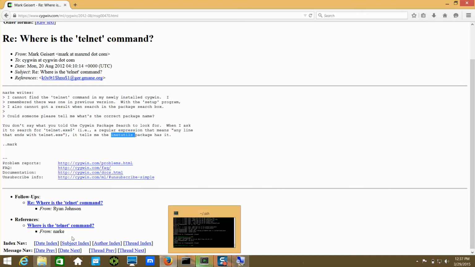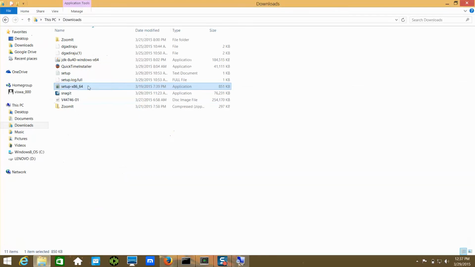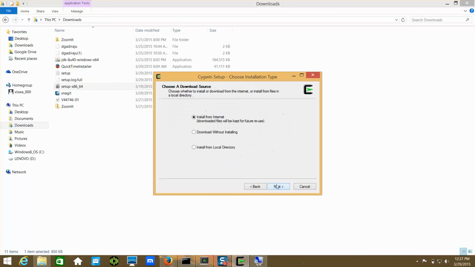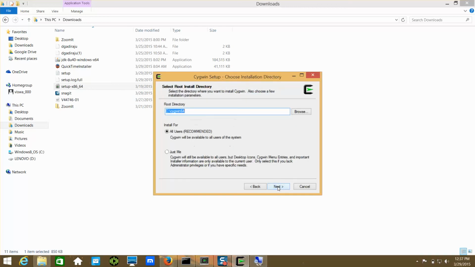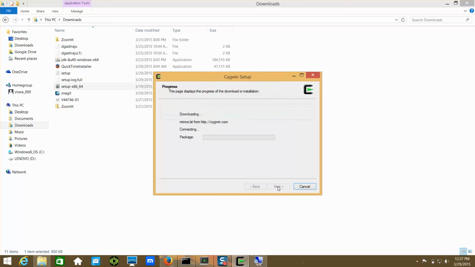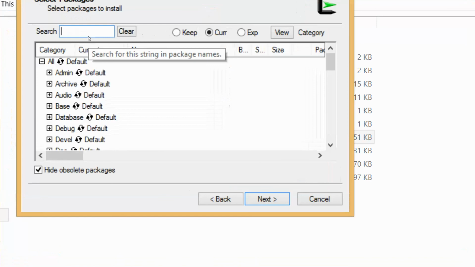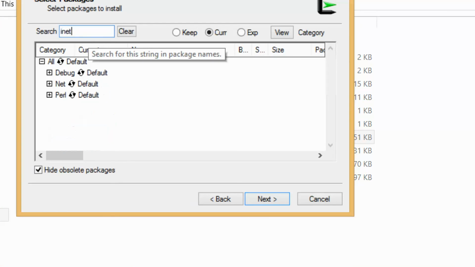So again, you can go to setup, click yes, click next, install from internet, next, next, next, next. It will take a minute. Let me pause this time so that you don't waste your time. So now again we got the search bar. Let me zoom in, and you can type inetutils,